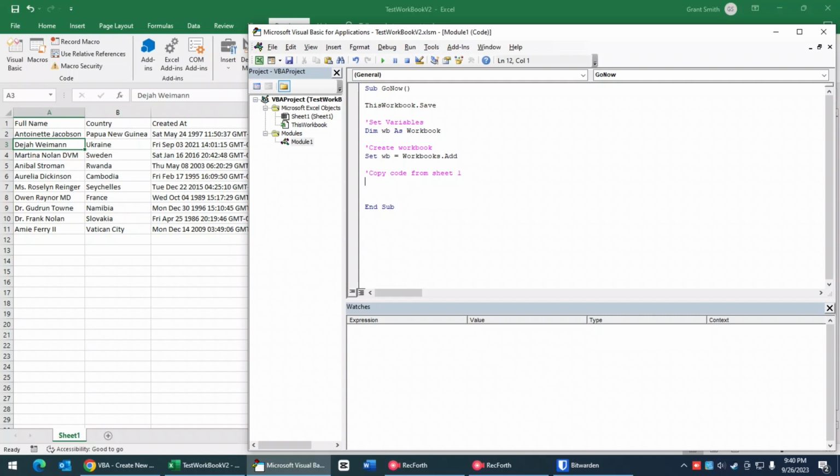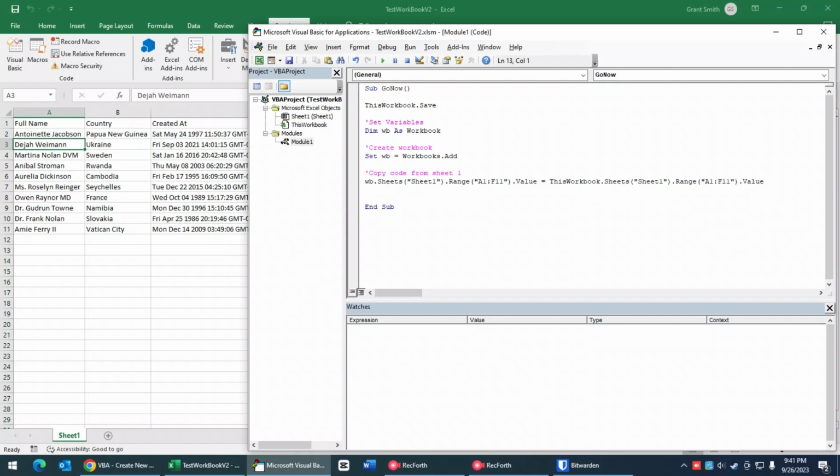I don't want to do that because if you're doing this multiple times, it consumes your clipboard. And if you're running this macro and then doing something else in another Word document, email, something like that, and you go to paste or copy, it's going to add that to the clipboard and mess up your code. So again, if this was just a one-time thing, it would work, but we're going to do this a little